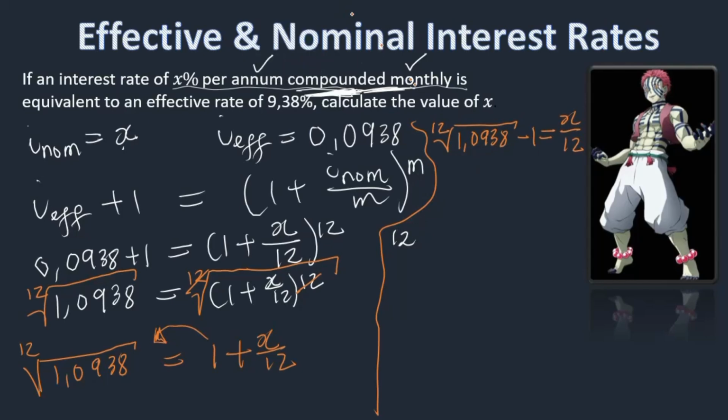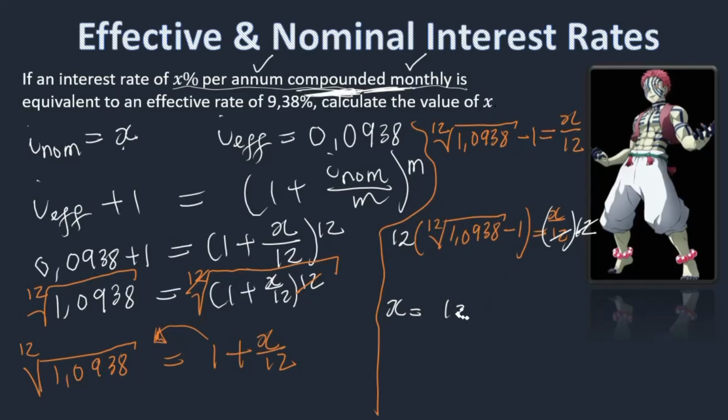I need to keep on switching colors so that people can actually get what I'm saying or what I'm doing, right? So this is 1.0938 minus 1 is equals to x over 12. What I do on the left, I need to do on the right. Because I multiplied by 12 here, I'll also multiply by 12. So numerator 12 cancels, denominator 12. Do we see what I'm doing here? Hope so. I hope so. Right. So now this gives me x